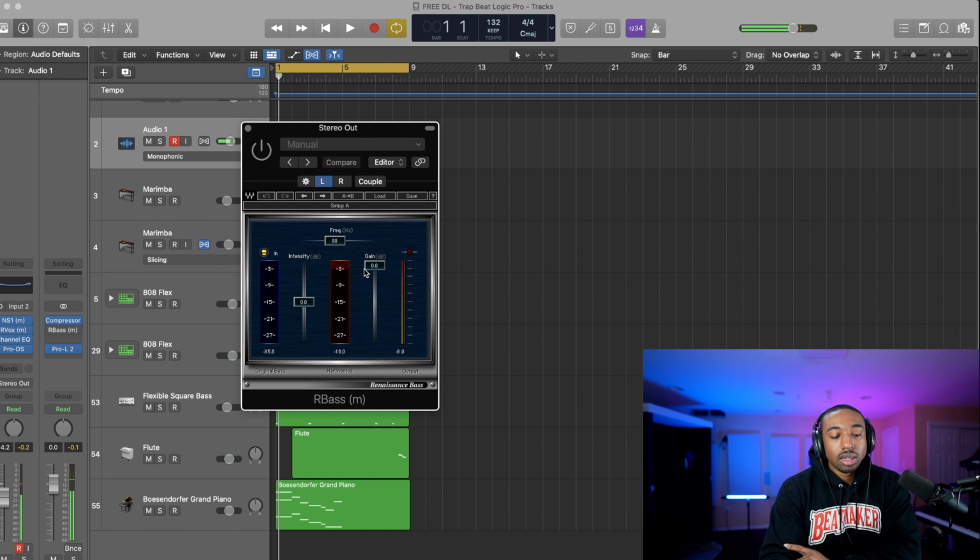So there are three faders you can use. The main one on the left is just how much harmonic content do we want? That's basically the question it's asking. How much harmonic content do we want? It's called intensity. Now we're going to base it.